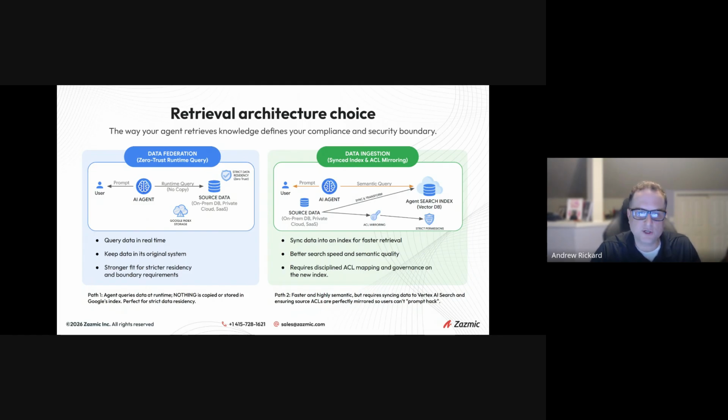But there is a catch, and this is the part you really can't skip. And that is that you now have a copy of the data. And the access controls on that copy have to perfectly mirror the access controls on the source. So we call that ACL mirroring. If those permissions don't line up exactly, that is the gap where someone could prompt hack their way into data